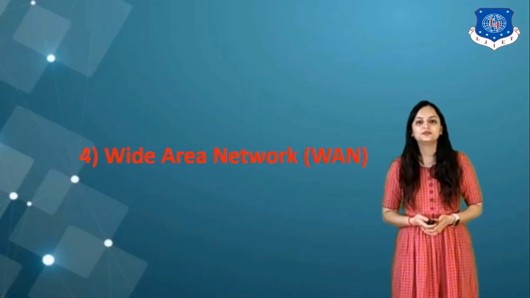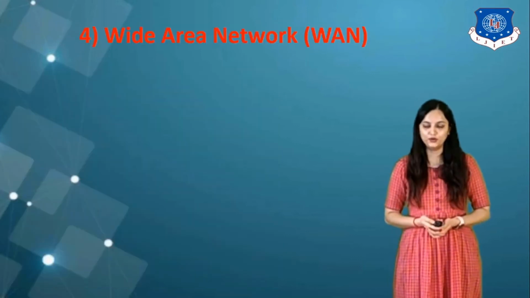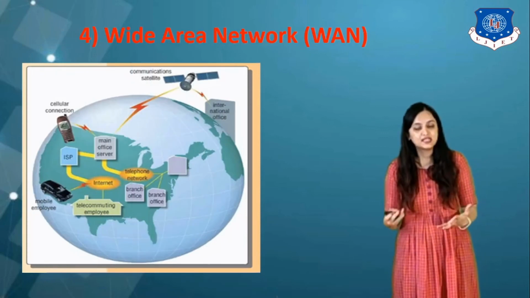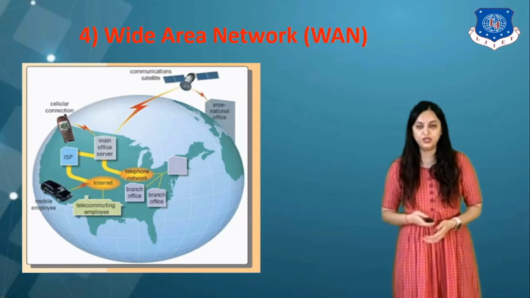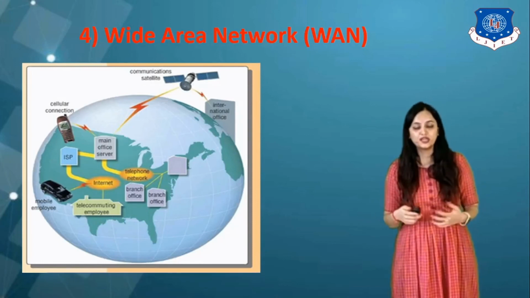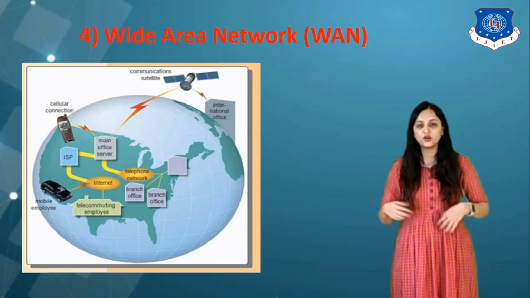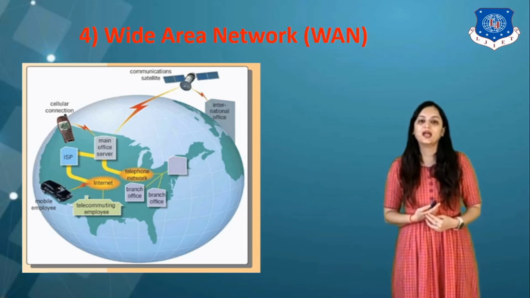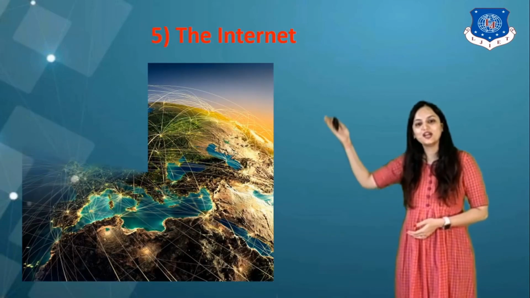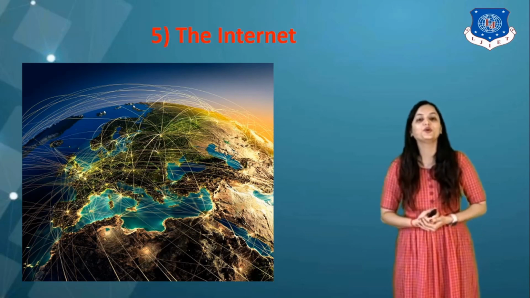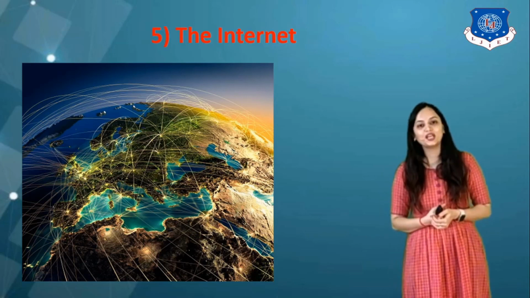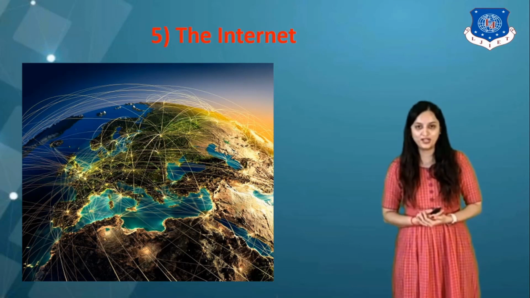The next one is WAN, which is Wide Area Network. This generally covers a city, a country and a continent. That means the range is up to the country, right? So anywhere across the country there are devices located in different cities or different zones. That comes under the category of Wide Area Networking. And the last and the broad classification is the Internet, which covers the entire planet. That means anywhere across the globe, if you want to communicate with anyone, you can communicate using the internet platform, which is very important nowadays.